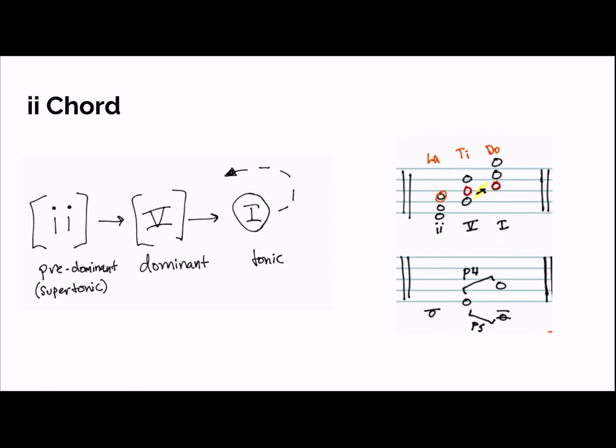All right, so now we're looking at the 2 chord. The 2 chord occurs in the key of C major as a D minor triad. So here I'll play this progression. Or if I took the bass line and moved the C down an octave,